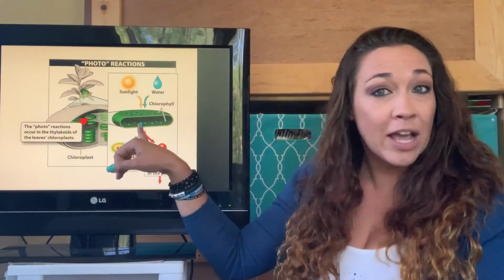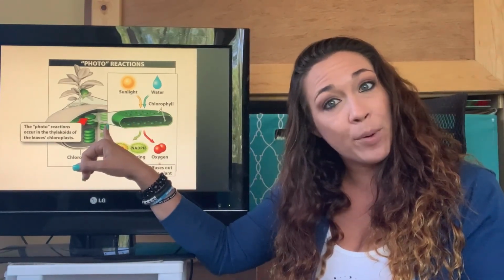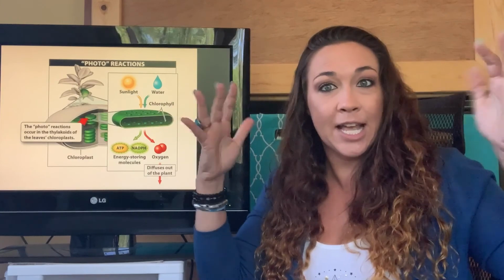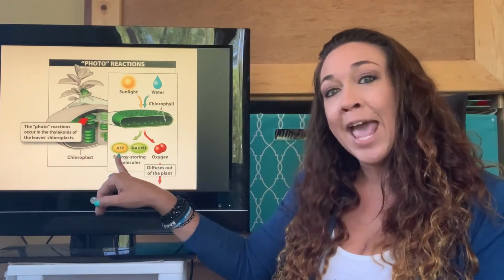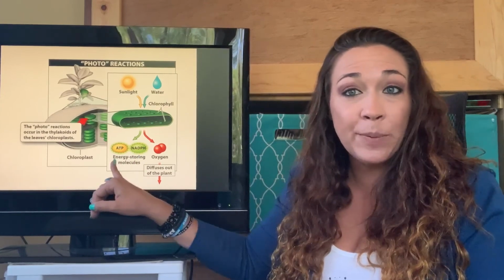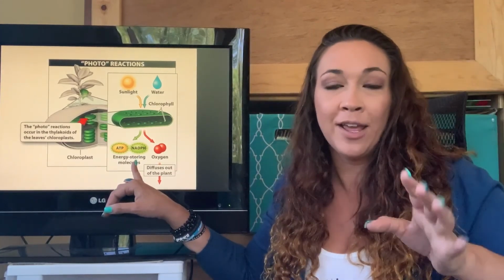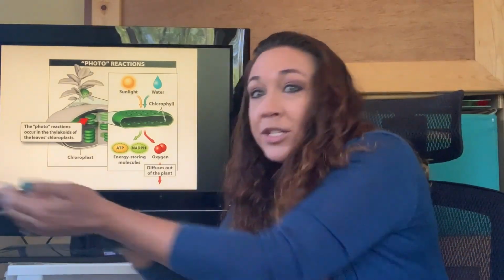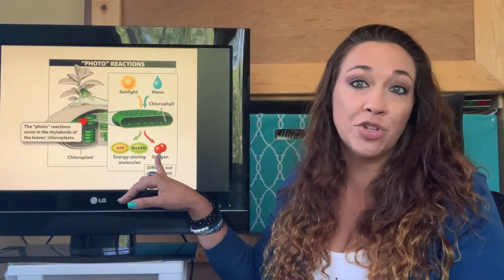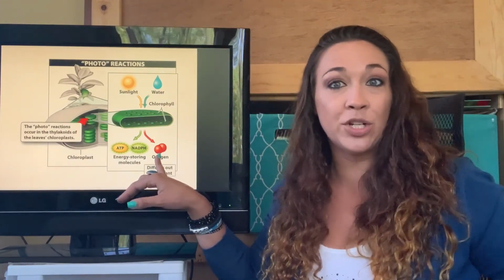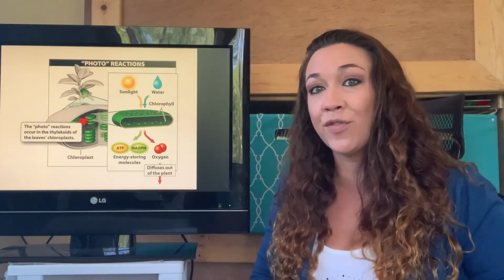It hits the thylakoid membrane. Specifically, it hits the chlorophyll inside the thylakoid membrane. Causes that electron to get excited. Moving all these chemical reactions around, we produce ATP and NADPH. Remember, ATP is energy, NADPH is just that energy carrier. It's carrying that high energy electron. It's like that enzyme that picks it up and takes it where it needs to go and drops it off. Okay, we also diffuse oxygen out, so this is why plants, when they start to do photosynthesis, produce oxygen. Okay, so that's our first source of oxygen right there.